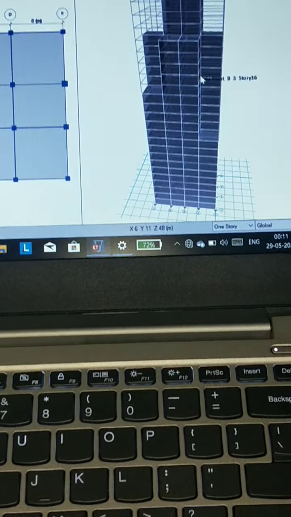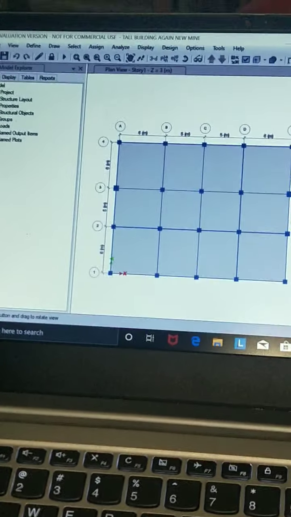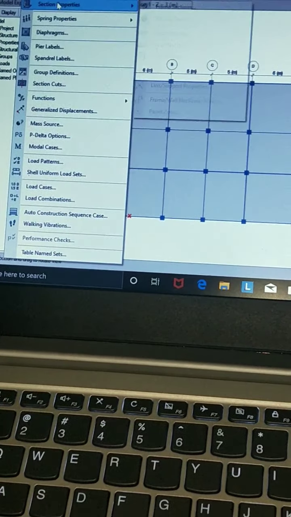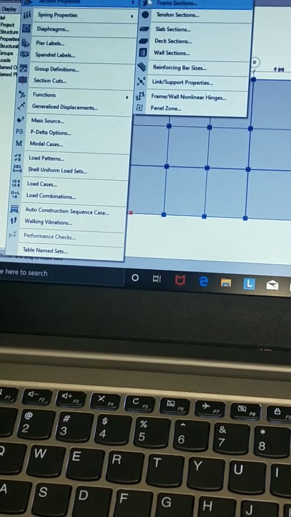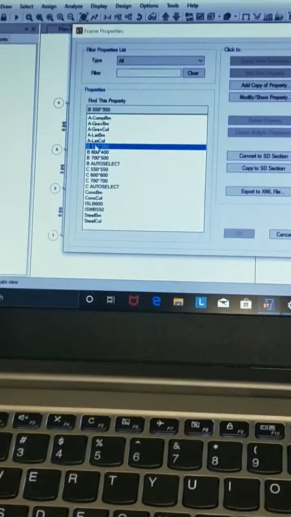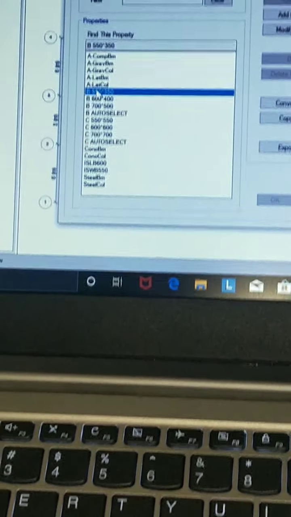Okay. So cancel this, and now I am going to show the define menu, the section material. We have taken the column sizes also. Let me zoom in.